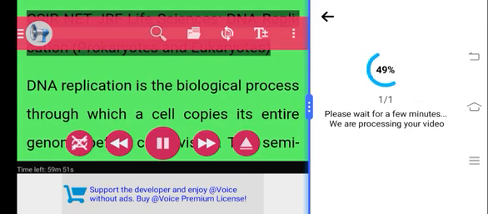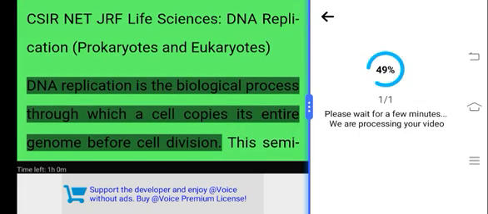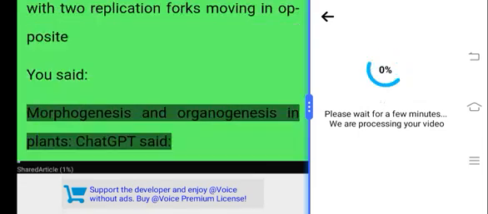CSIR NET JRF Life Sciences. DNA replication, prokaryotes and eukaryotes. DNA replication is a biological process through which a cell copies its entire genome before cell division. This semi-conservative mechanism ensures that each daughter cell receives an identical